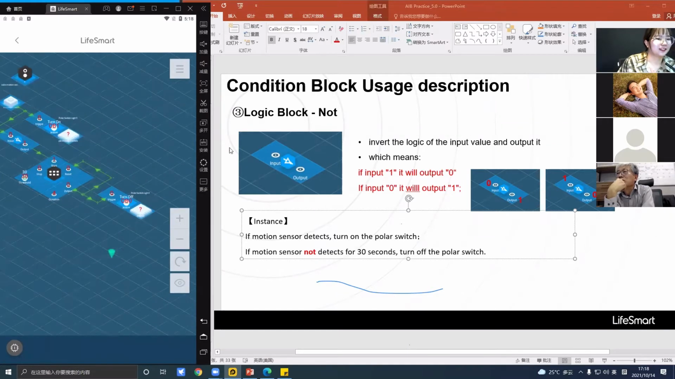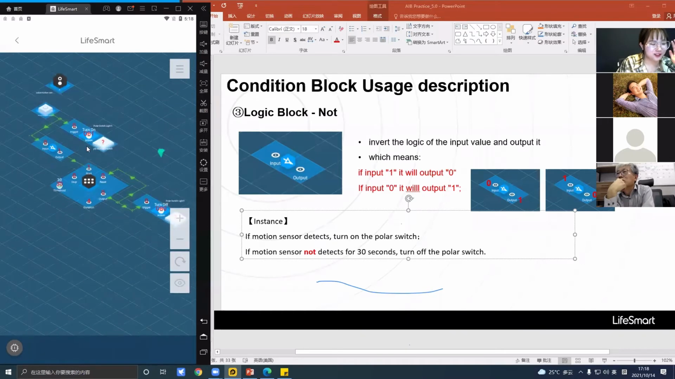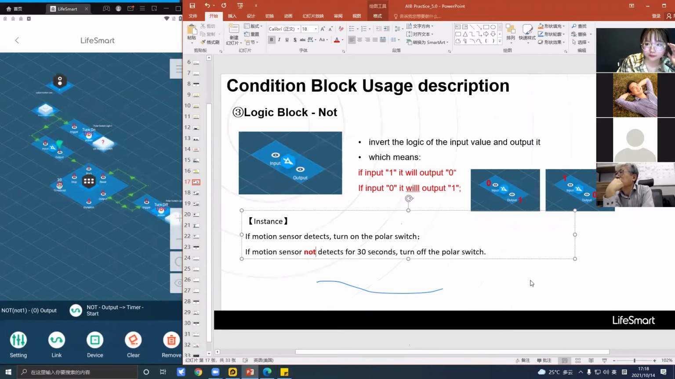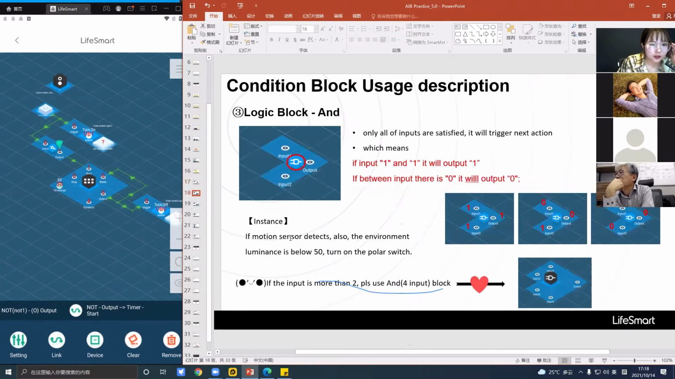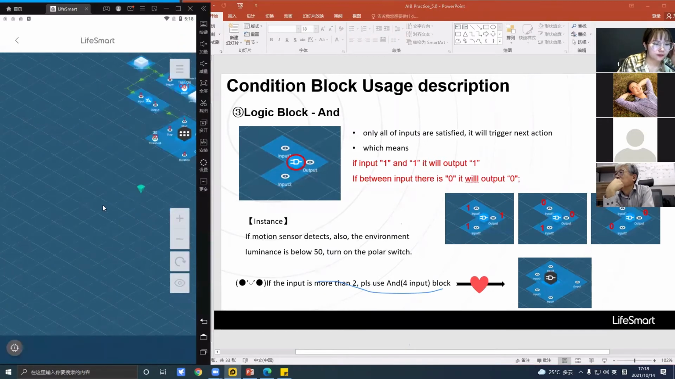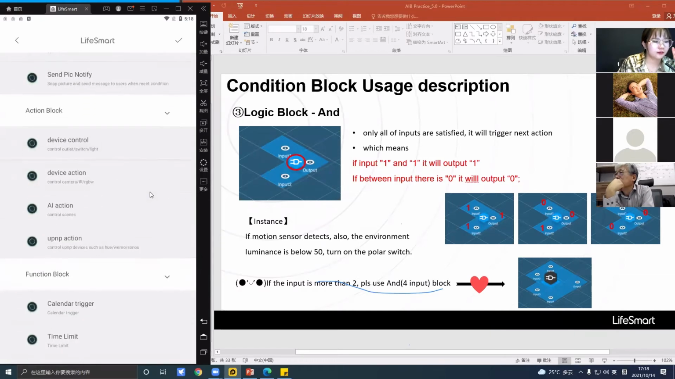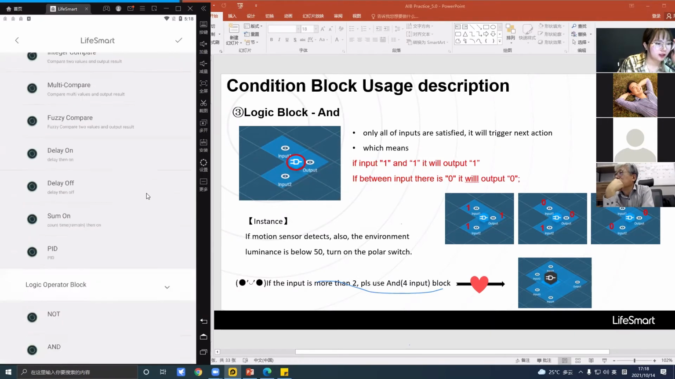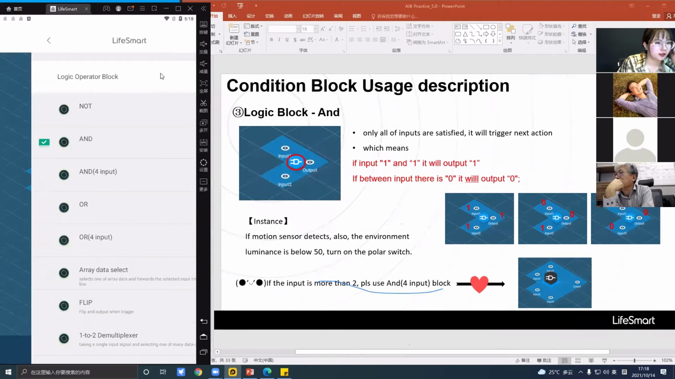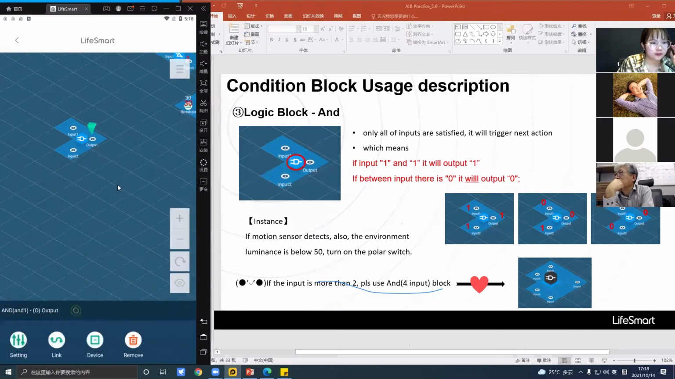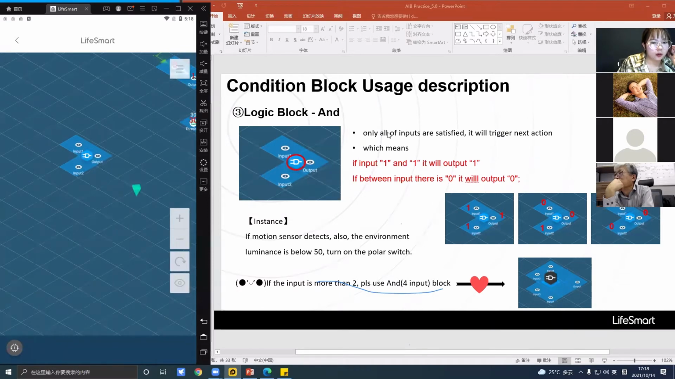Okay, back. We are introducing about NOT block, right? Not block. Okay, next we come to AND block. And you can know from the word "and", it means all of them are satisfied. All of them are satisfied. Here we use an AND. It looks like this. And it means only if all of the inputs are satisfied,